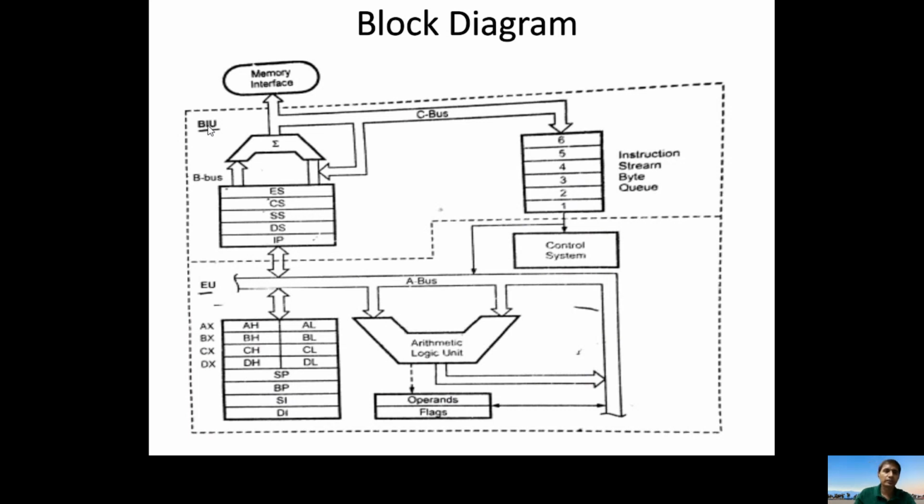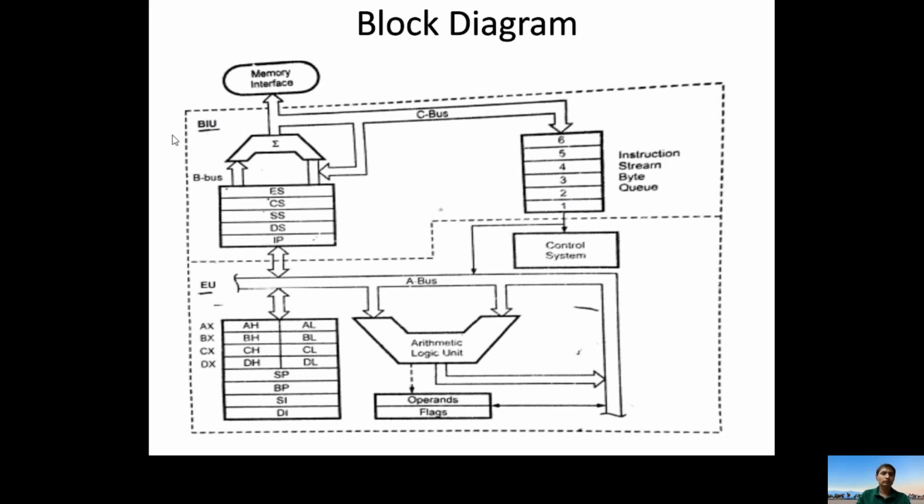Let us see the function of the bus interfacing unit. Of these two units, only the bus interfacing unit communicates with external memory or IO devices. I already mentioned the 8086 does not have any internal memory. Every time, the 8086 fetches the instruction from external memory or IO, performs the required operation, and the result is sent back to external memory or IO. Internally there are registers, but registers store data only temporarily. So we don't have any internal memory for processing; it always depends on external memory or IO.